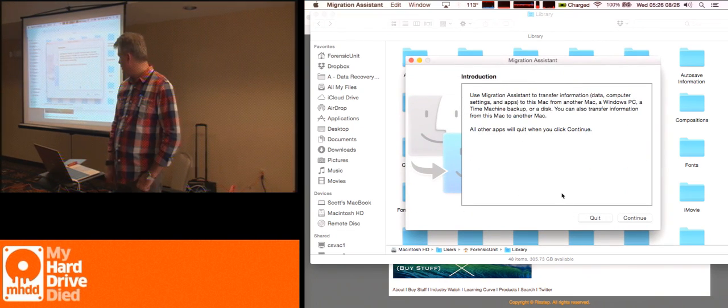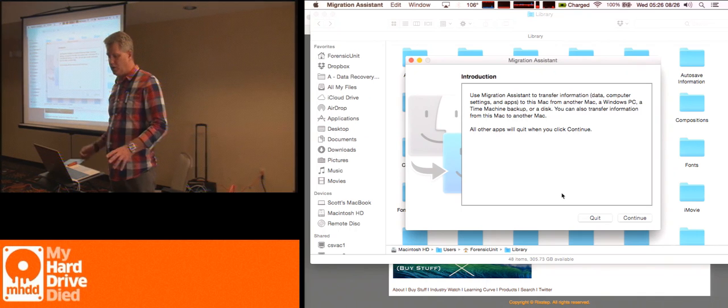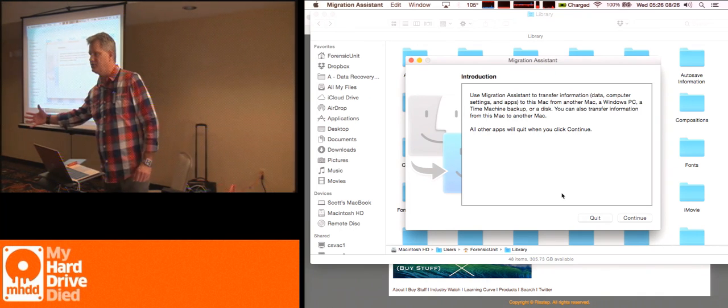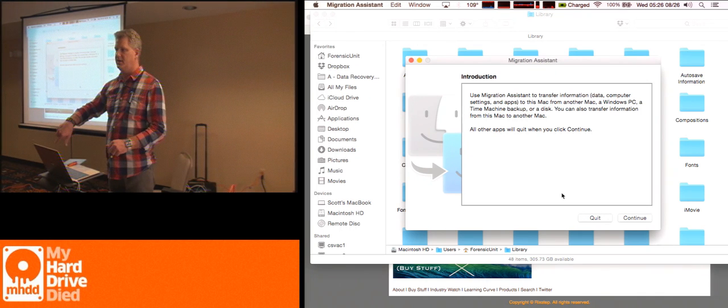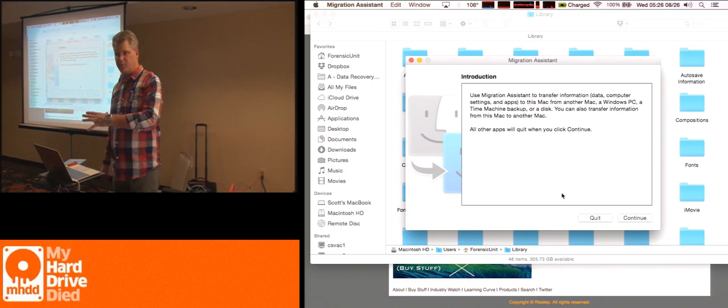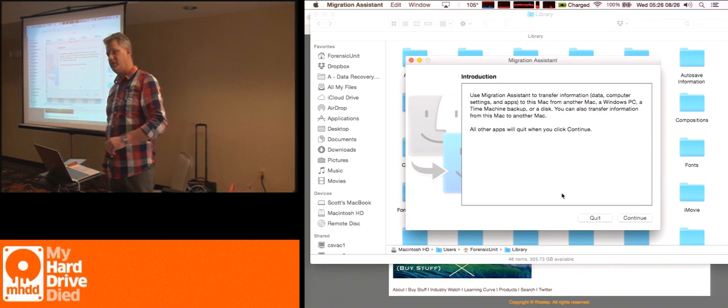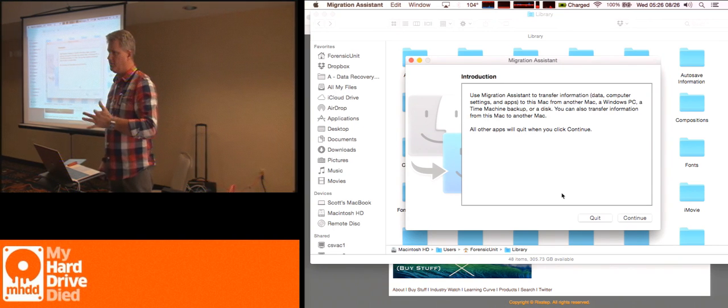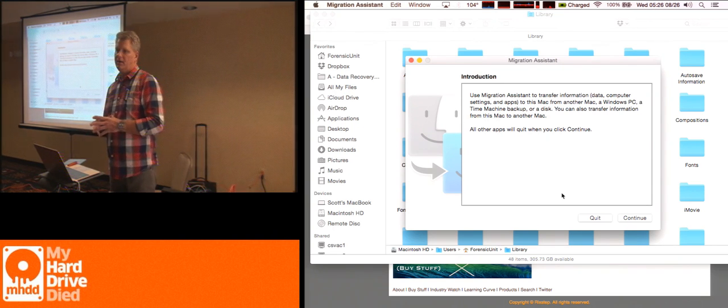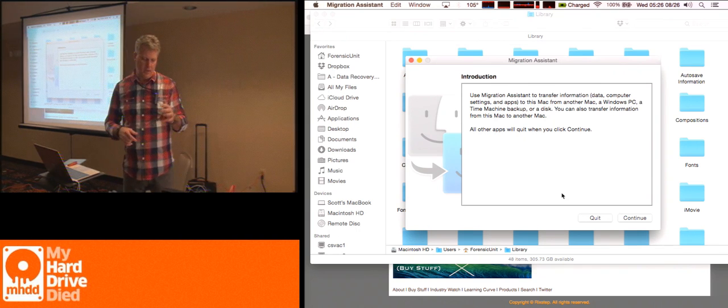And so there's Migration Assistant. And all you really have to do is take a hard drive out of your system, put a new hard drive in it, reinstall the OS. Forty-five minutes later, plug your drive in, hit Migration Assistant, and it'll suck over the entire user account, recreate the whole thing for you, put it all back together, and you can walk away. And so if you're going to do this on